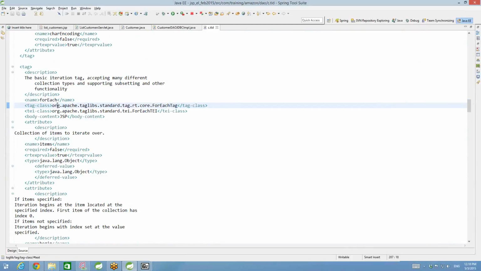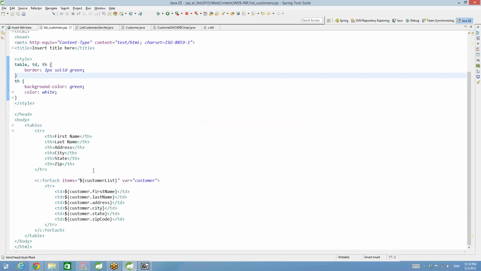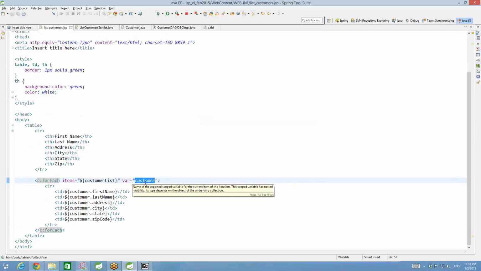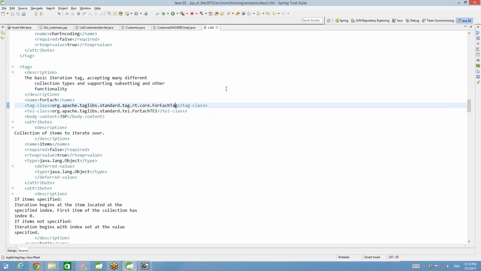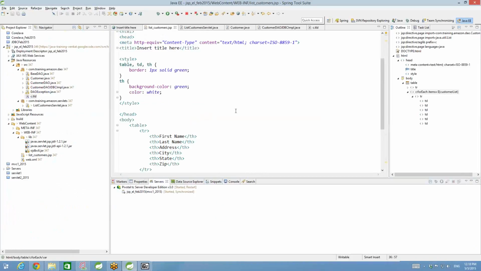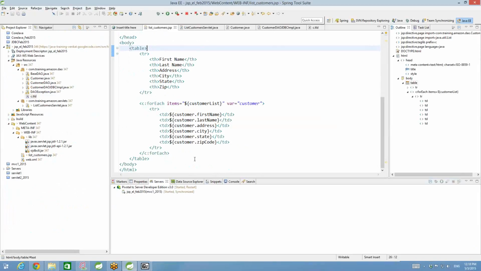So there is a class called org.apache.taglibs.standard.tag.rt.core.ForEachTag. This class will be called under the hood when you call this one. That particular class will take whatever you have here, and it will do the magic for you. Understand? So that's about TLD. Again, it's not too in-depth,